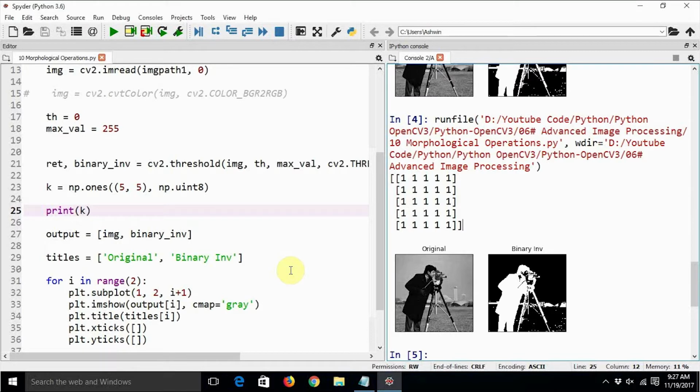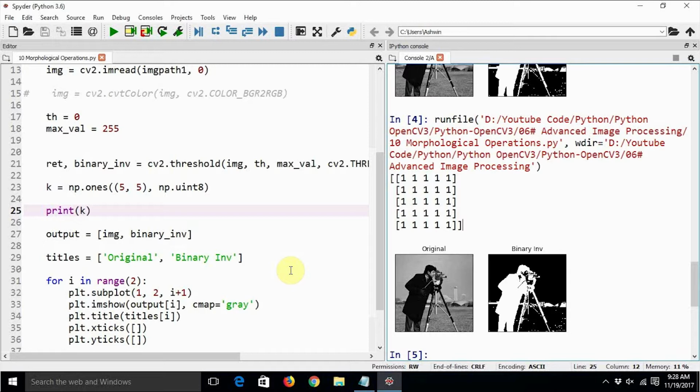Erosion stands for, if you remember, or if you have studied something like geology, erosion is nothing but when a river is flowing through a valley, it goes ahead and erodes the banks. It erodes both the sides of its banks. So we can apply the same idea to image processing.